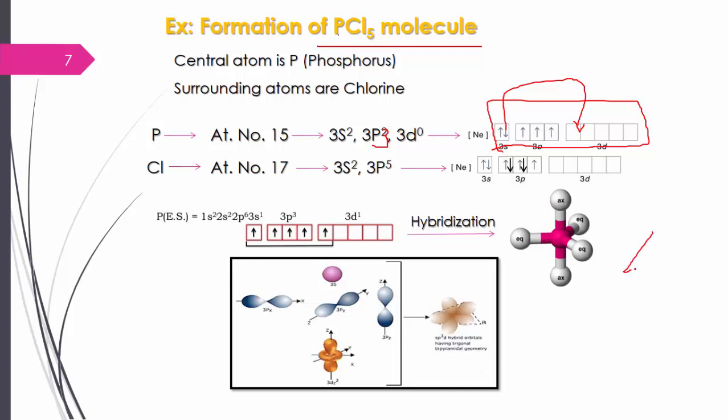I hope you are understanding this concept. This is a trigonal plane. So here we can write that this is one of the bonds above the plane, and this is one of the bonds below the plane. This structure is known as a trigonal bipyramidal shape. Here we can see the angles. The angle between these three is 120 degrees, and this is a 90 degree angle. Therefore, the angles of this trigonal bipyramidal shape are 120 and 90.